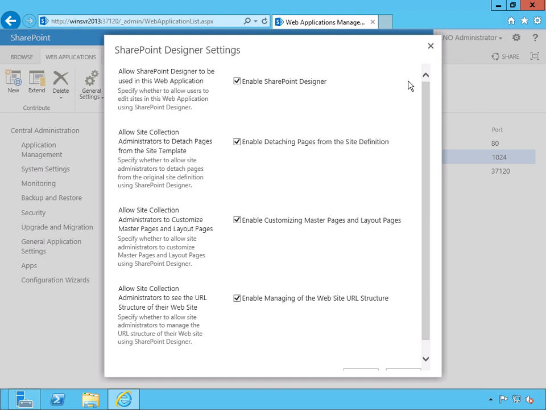You can actually allow the site collection administrator to customize the master pages, which aren't just one page being customized, but all of the pages in their site collection will share those changes. The master page controls what is common across all of the different sites, and the layout pages control how the web parts are actually organized on each of those pages. Being able to customize those, again, breaks your consistency across your SharePoint farm, but may be very valuable for that